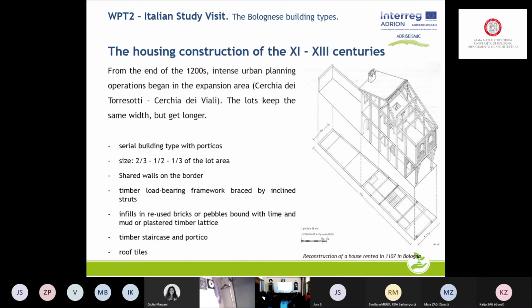Here, the building type was the same for residential buildings, but lots were longer. So in the High Middle Ages, an intense urban planning operation began in this expansion area. The lot kept the same width, so let's say about 5.5 meters, but got longer in the long dimension. Here, the so-called terraced buildings were realized with porticoes,